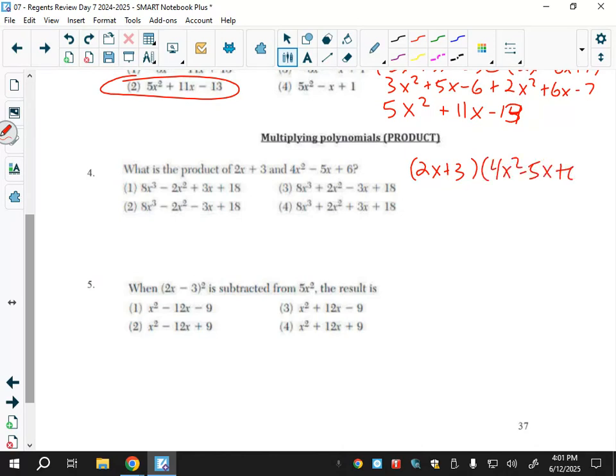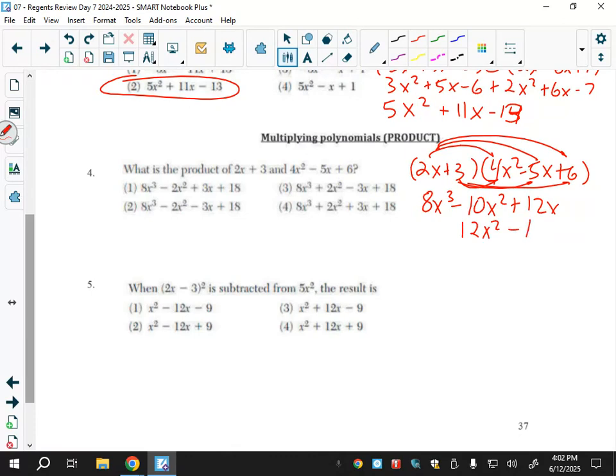So this is going to be double distributing, where we're distributing the first term to everything in the parentheses. So 2x times 4x squared is going to give us 8x cubed. 2x times negative 5x, negative 10x squared. 2x times 6, 12x. Now we are going to distribute the 3. So we get 12x squared